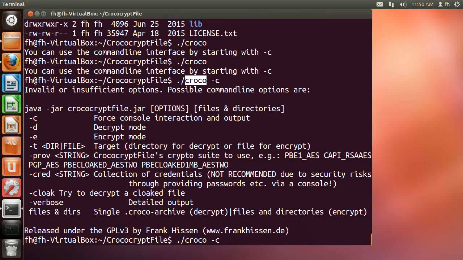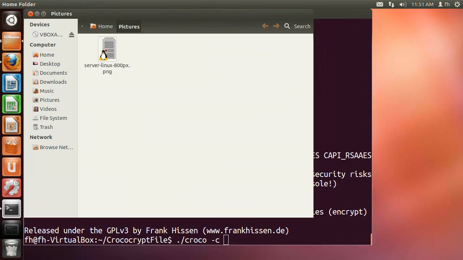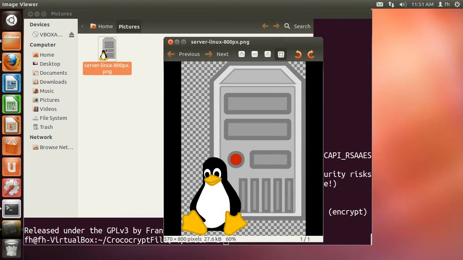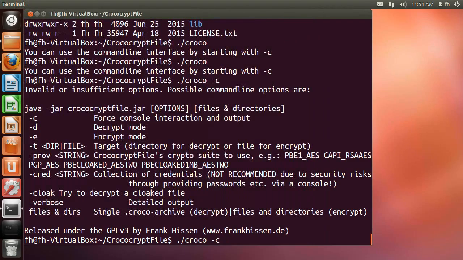So if you want to encrypt a directory, like I will do with the pictures folder now, I can show the pictures folder. Here there's a little PNG image from OpenClipArt, and I want to encrypt the whole folder now. I will use the following options. -C forces the console to be used, so no graphical user interface will be used. I want to encrypt a file. I want it to be called, and I use the CrococryptFile directory directly. I will call it